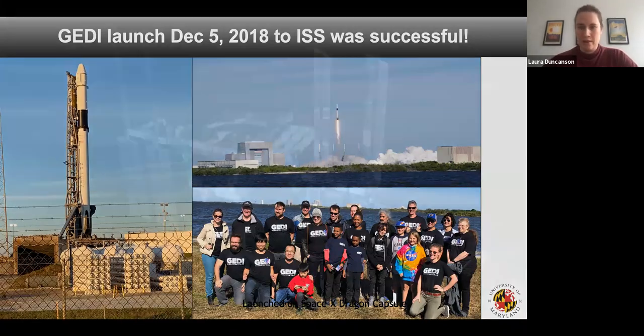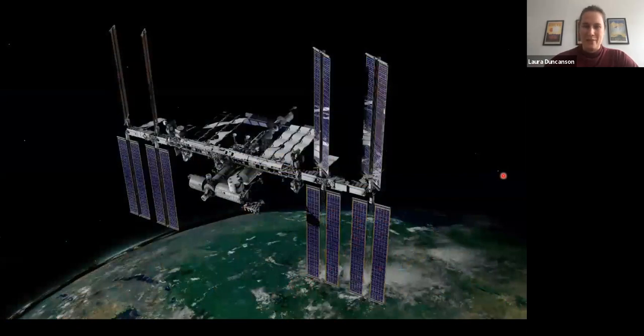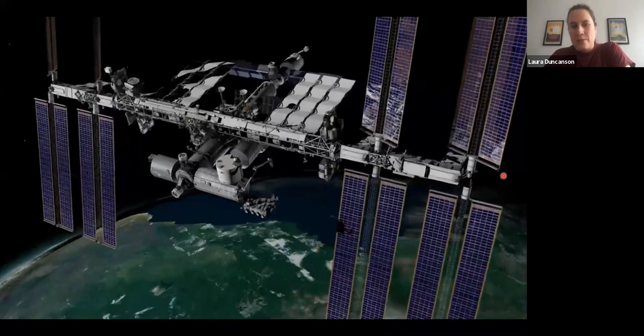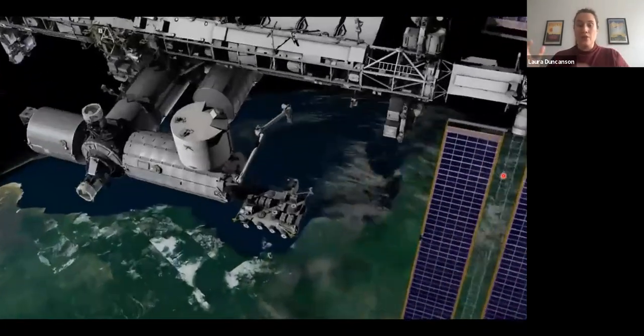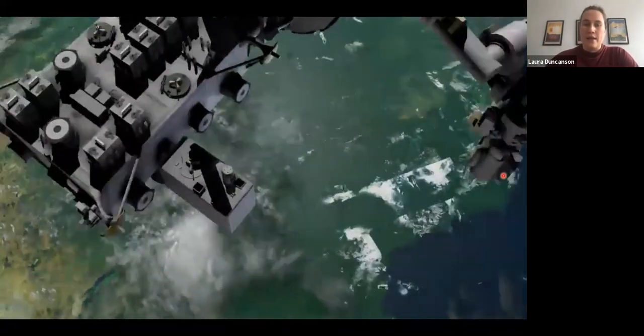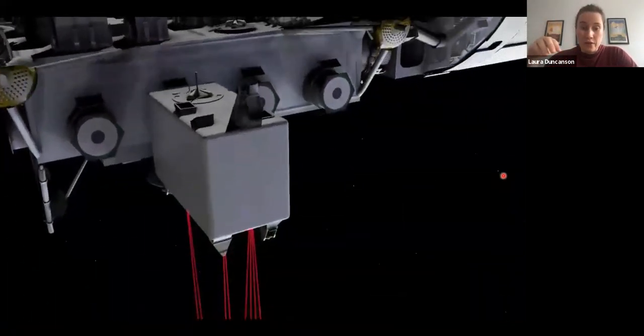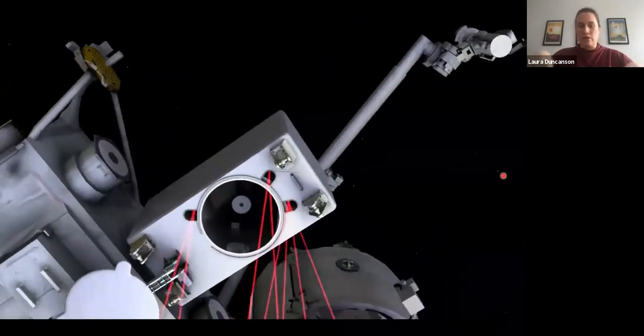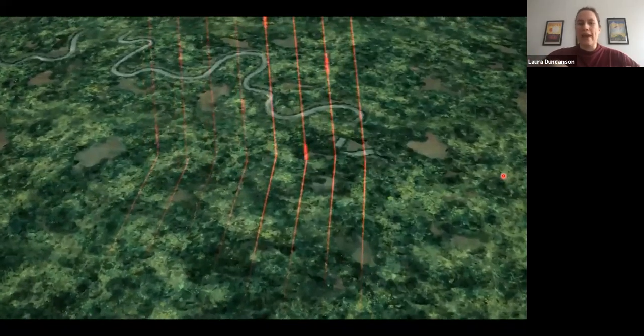All right. So here's a more scientific animation showing what the mission is. As I said, GEDI's on the International Space Station, so it's not on its own satellite. It's sort of renting space in space rather than buying. On the International Space Station, there's this wing called the Japanese Experimental Modules Exposed Facility. And GEDI is essentially a refrigerator-sized box that's plugged into the ISS. And it has 3 infrared lasers. One of them is split into 2 beams. So it has 4 beams hitting the ground. And those are optically dithered back and forth to make 8 ground tracks.